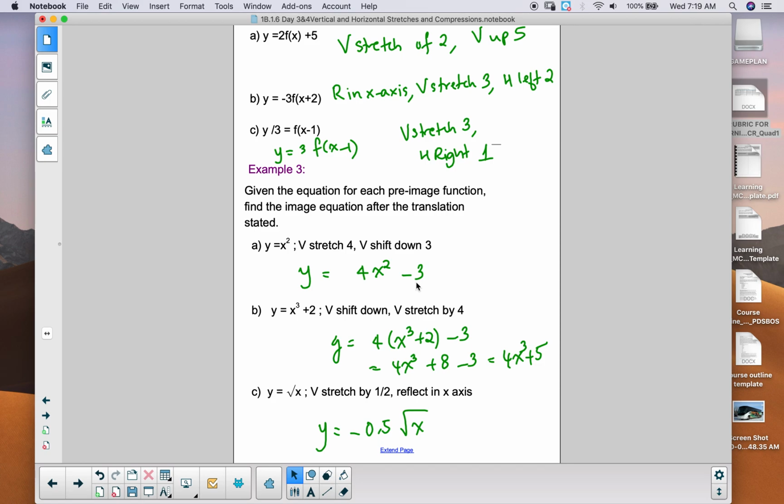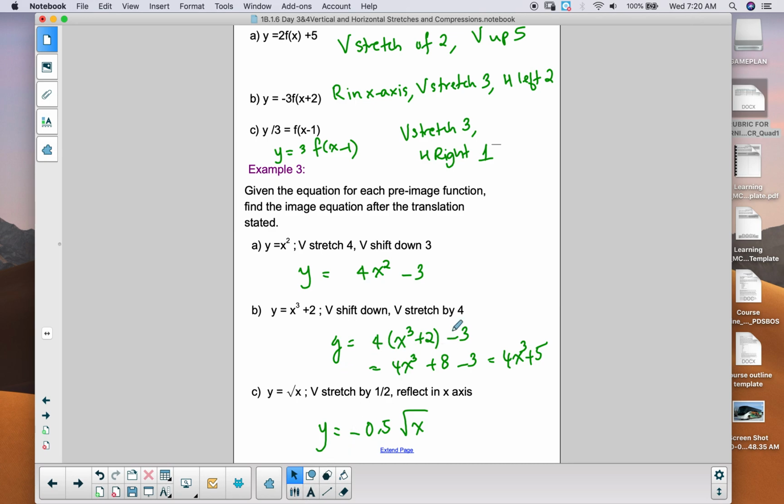shift down. Y equals x cubed plus 2, vertical shift down and vertical stretch by 4. There's a vertical shift down by 3, by the way. That's not mentioned here, but by 3. So because of the vertical stretch by 4, you multiply the entire x cubed plus 2 with 4 to show the vertical stretch. The entire function gets multiplied by that factor. And then